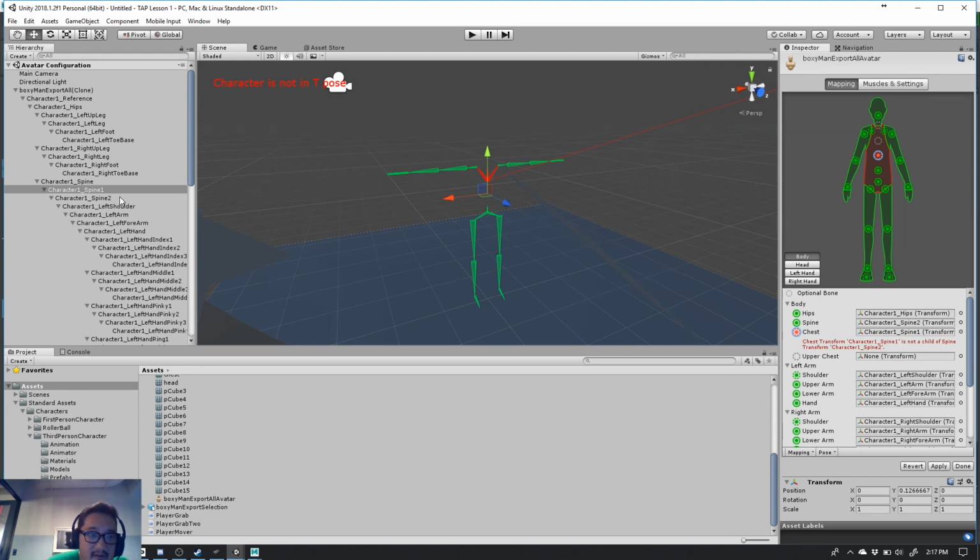It does not like that. It's telling me it's not in a T-pose. So maybe that's our chest. No. Well, maybe this is our chest. No. Chest transform is not a child of spine transform 2. Really? Well then,